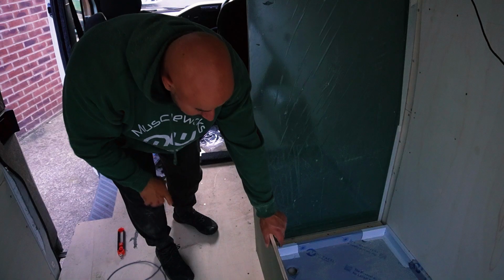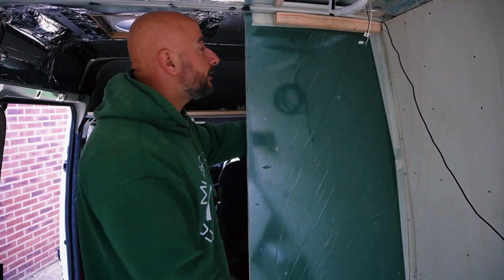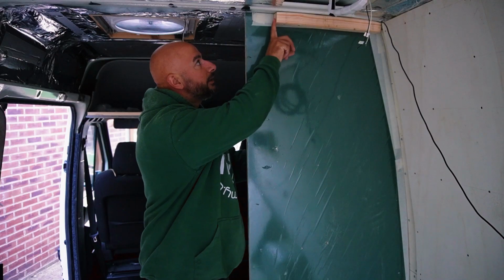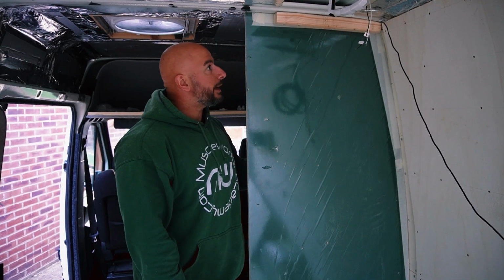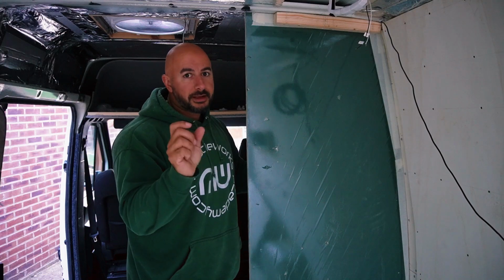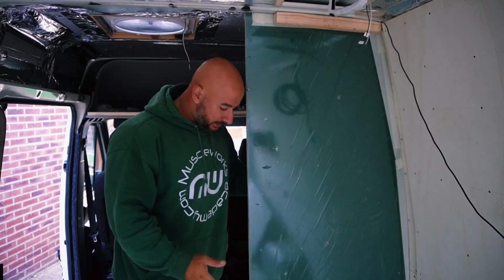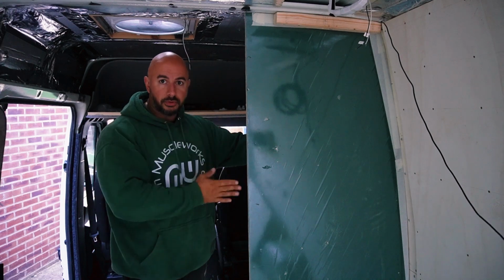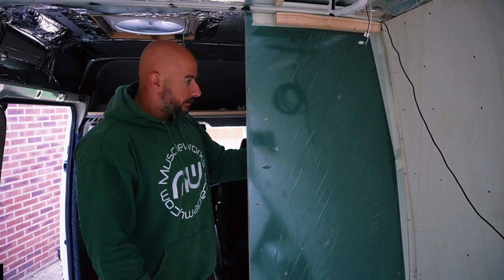I have discovered a new problem, and the new problem is I have ever so slightly put that batten about 5mm too far to one side. So what that means is when it's pressed up against it, this wall is ever so slightly leaning out. And